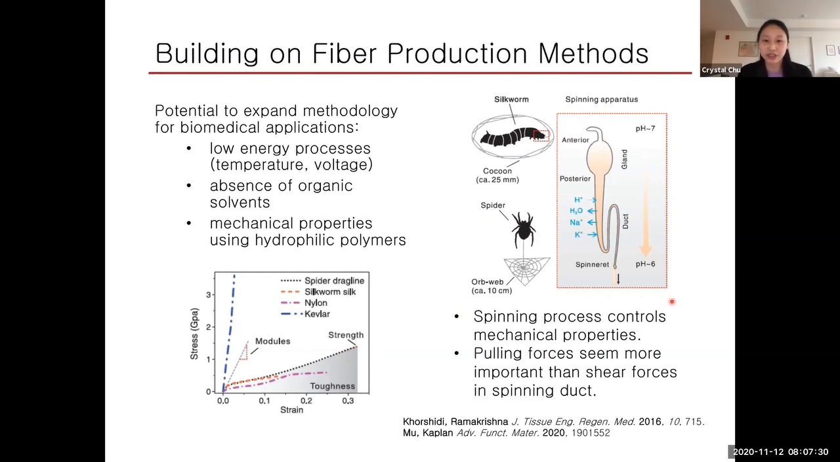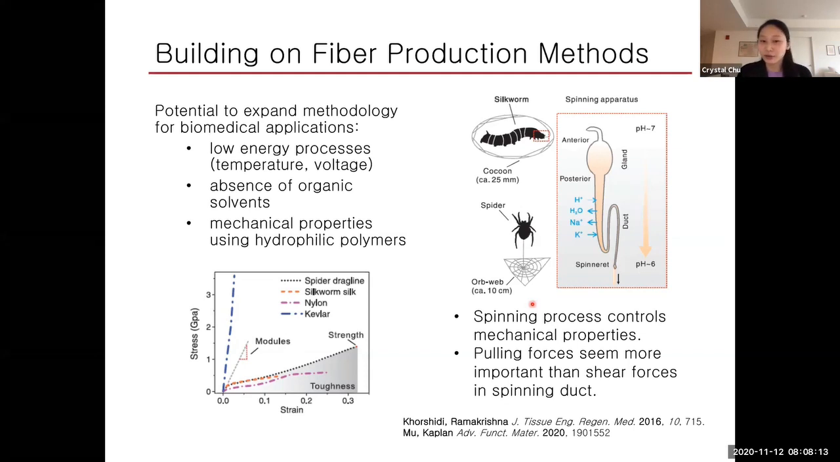So when looking at how nature is able to achieve this, there are a few things that we can learn from the natural silk spinning process. One really important thing to note is that the spinning process is known to really control mechanical properties, possibly just as much as the chemical makeup of the starting material has. The spinning process is actually really important in imparting those mechanical properties. The second thing that we want to take home here, in terms of inspiration from these natural silk spinning processes, is that